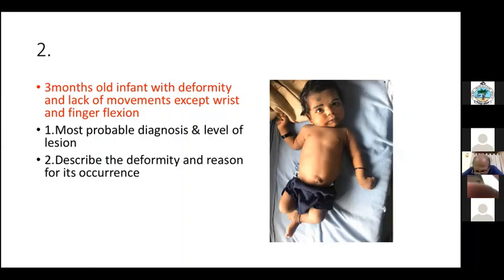Then what is the other deformity? The fourth one that you are seeing. Pronation of the forearm, isn't it? Yes. What's the cause of pronation? Supinator weakness. So which is the most powerful supinator? Biceps. Biceps is paralyzed. That is why pronator. What's the cause of flexion of the wrist?